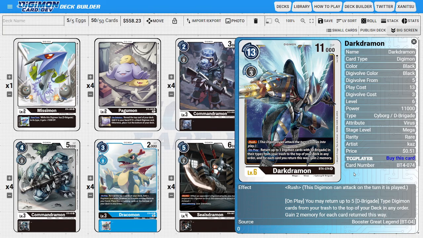So he just natively has the Rush ability, so when we hard play him, then he gets to attack right away, which is really, really powerful, and what makes us able to hard play him is the fact that he has a nice on-play ability where we get to return up to 5 Digimon with D-Brigade in their type from our trash to the top of our deck in any order, and then for each Digimon we put back this way, we get to gain 2 memory. So with all 5 cards being put back to the top of the deck, we're going to be gaining 10 memory, which basically means that he only costs 3 to hard play,